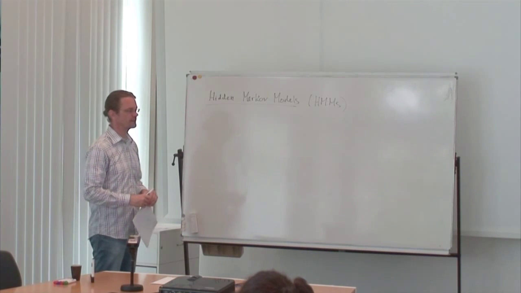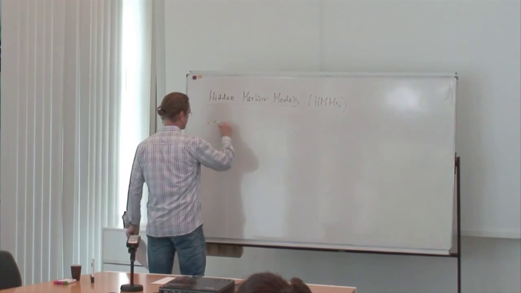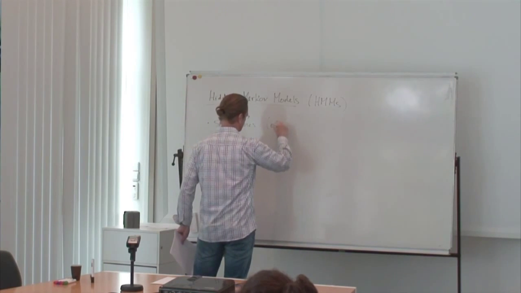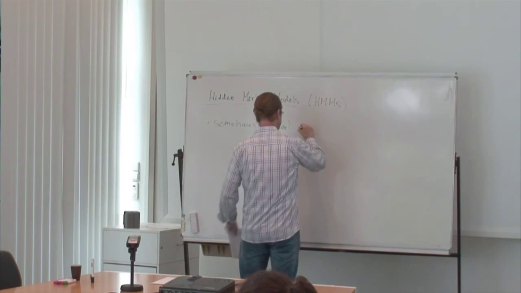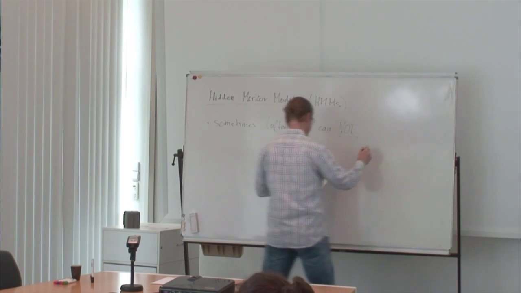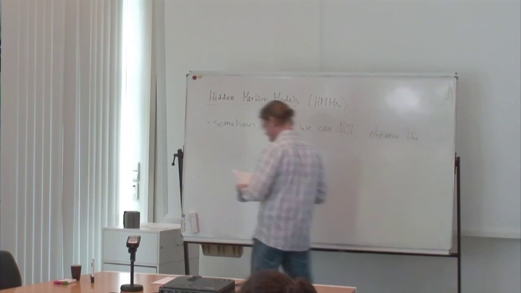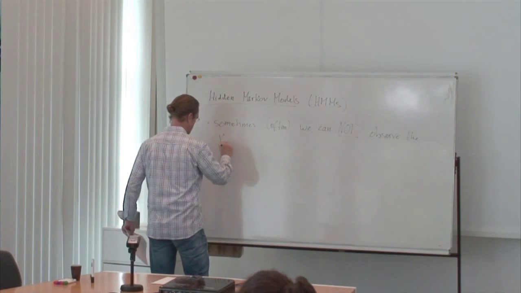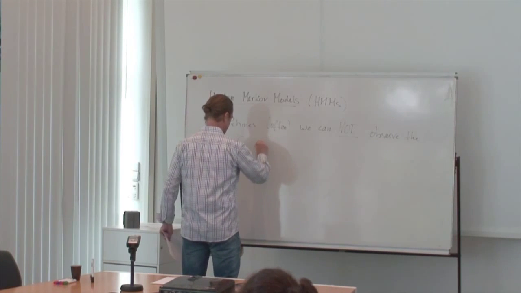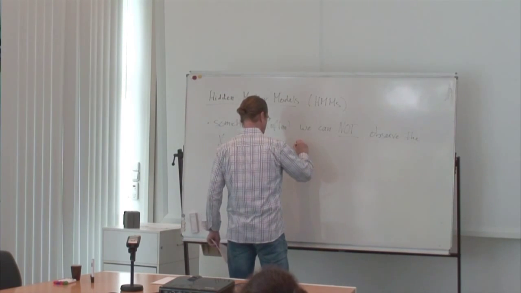And to begin our study of that, I have to point out that sometimes, and when I say sometimes, I really mean often, we cannot observe the state variables, these xt in the set of states directly, but